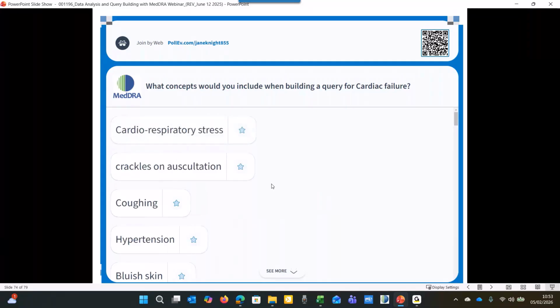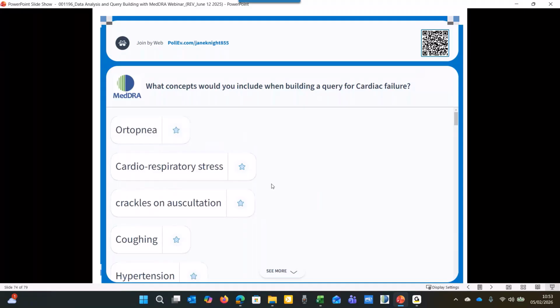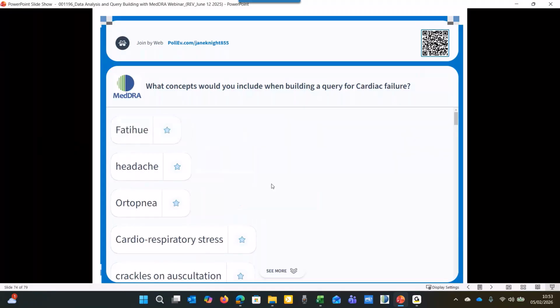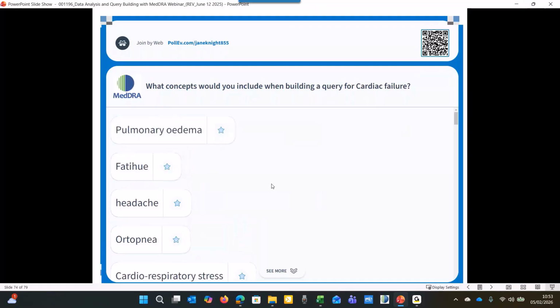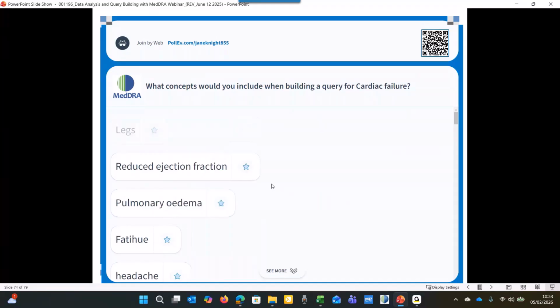Something like ejection fraction maybe would be a test. Ejection fraction, potentially. Ejection fraction decreased. Checking the cardiac output. Cardiac output even decreased. A lab result,